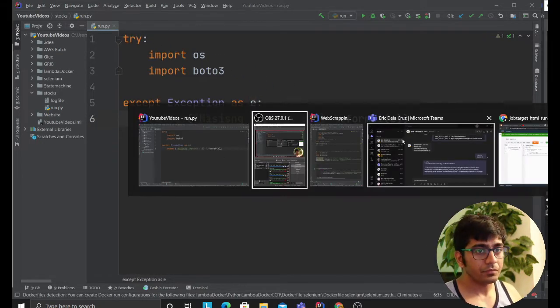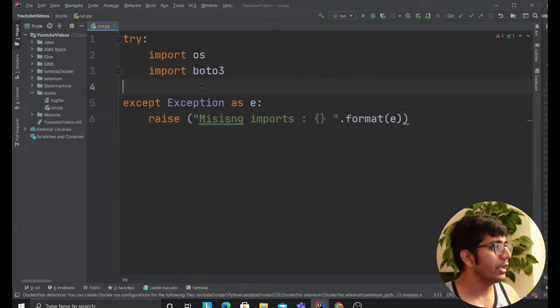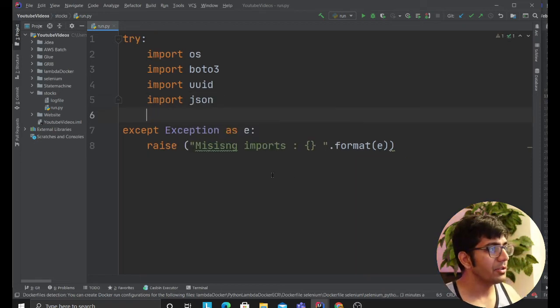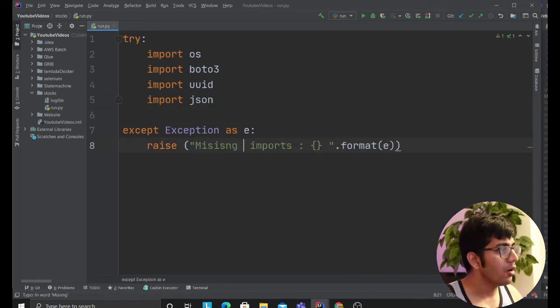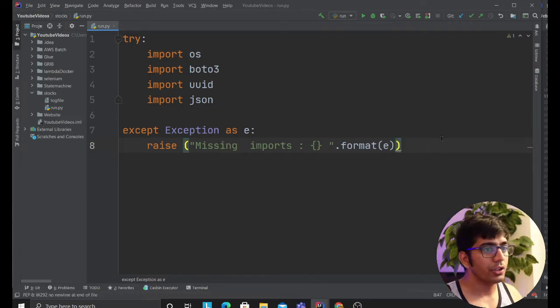We have the os, and then we'll also import uuid. Essentially, this library is used to create unique identifiers, right? One more thing I need is import json, and that's pretty much it for this. All right. So far so good.